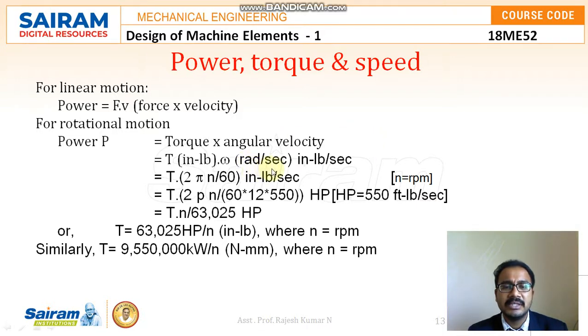If you are not comfortable with radians per second, you can go with any other unit, whatever values you are comfortable with. The formula to find the angular velocity is 2 pi n divided by 60. For the problem we discussed, if you know the power value and the speed value, it is possible to find the angular velocity and the total power value also. Since I know the power value, I can find the torque value as 63,225 times horsepower divided by n, and in case I'm looking for it in Newton mm, the value will be